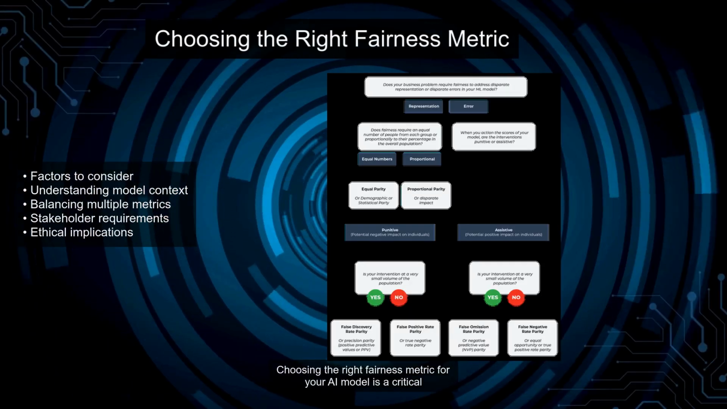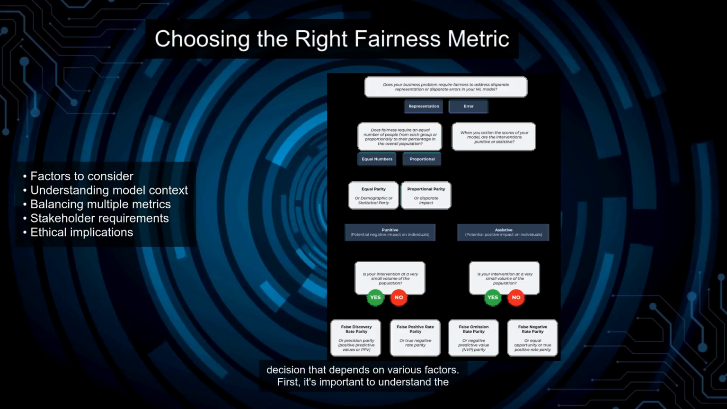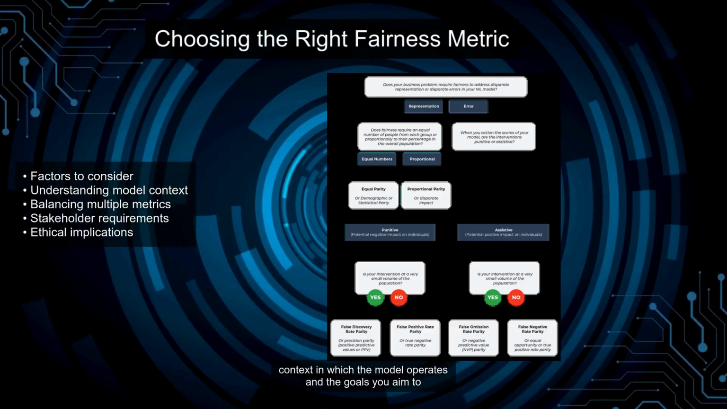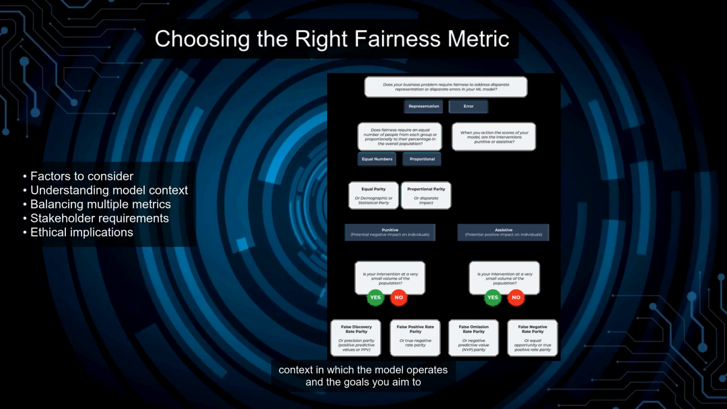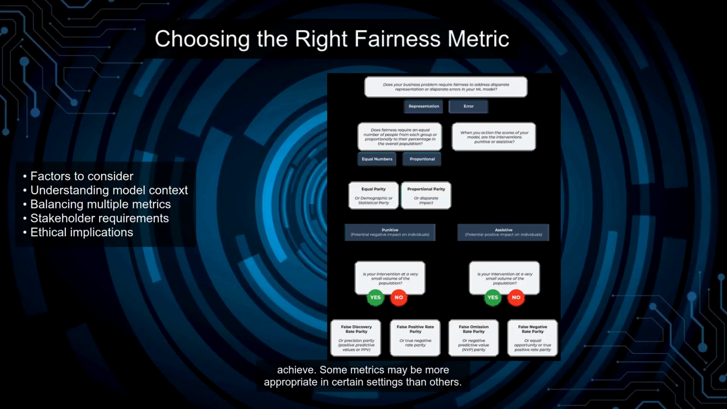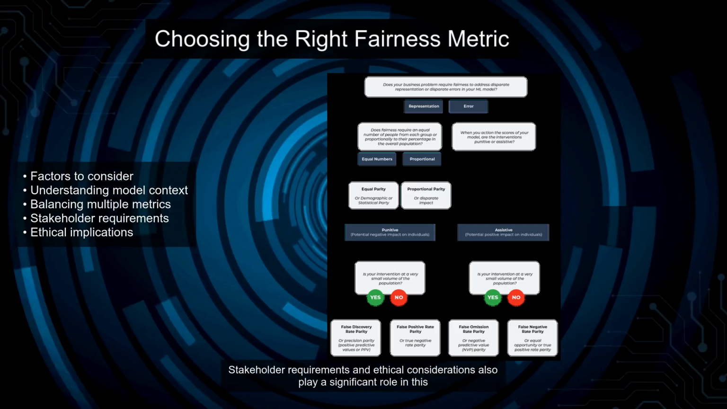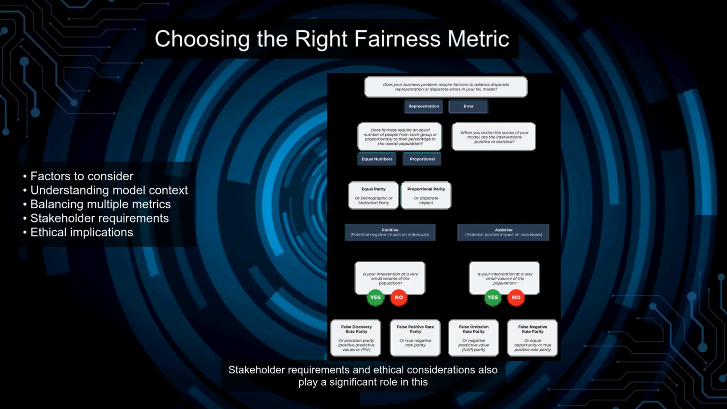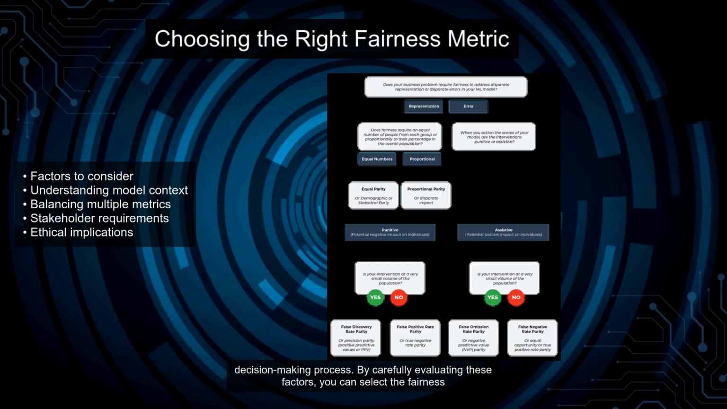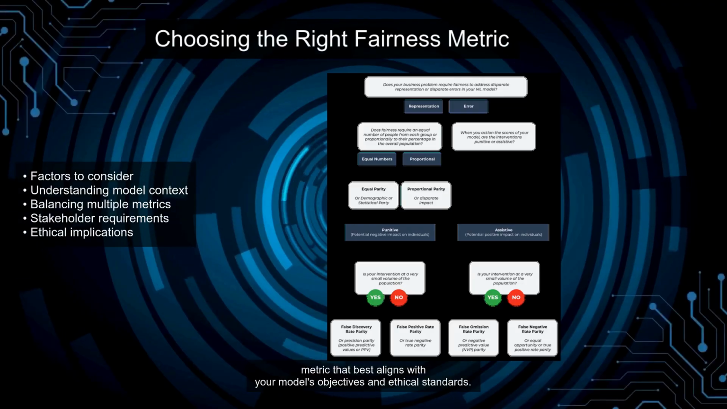Choosing the right fairness metric for your AI model is a critical decision that depends on various factors. First, it's important to understand the context in which the model operates and the goals you aim to achieve. Some metrics may be more appropriate in certain settings than others. Additionally, balancing multiple metrics can provide a more comprehensive view of fairness. Stakeholder requirements and ethical considerations also play a significant role in this decision-making process. By carefully evaluating these factors, you can select the fairness metric that best aligns with your model's objectives and ethical